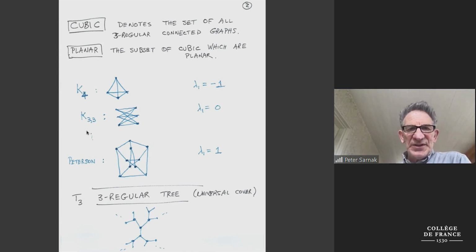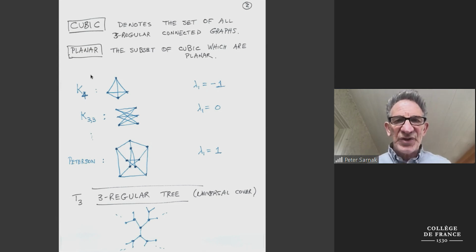Cubic denotes that. And if you have a cubic graph that can be realized in the plane, a planar cubic graph, then it can be realized in such a way, topologically, in only one such way. That's a theorem of Tutte. And we'll be using the subset of planar graphs to demonstrate rigidity features of this prescribing of the curvature, prescribing of the spectrum. I don't know why I got this curvature in my brain. Okay, so let's look at